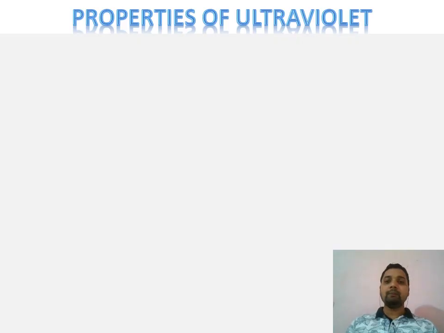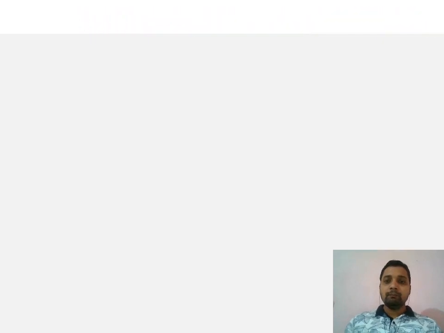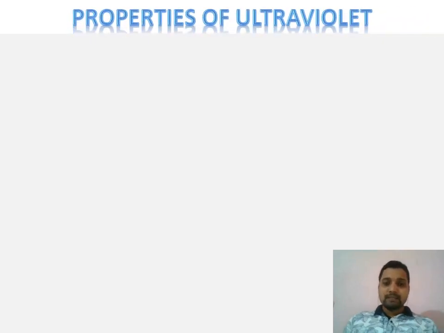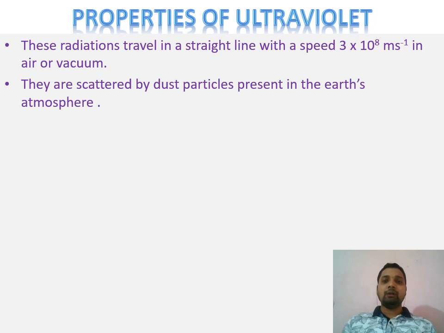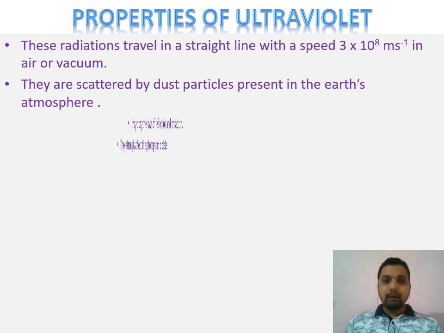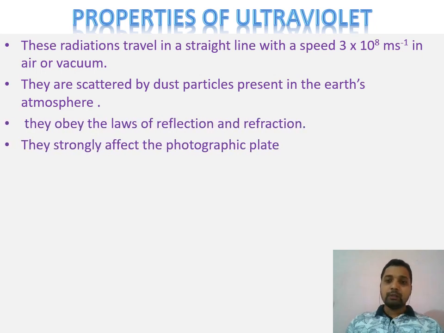Now we come to the properties of ultraviolet radiation. It behaves the same as an electromagnetic wave, because ultraviolet is also a type of electromagnetic wave. Ultraviolet radiation has a speed of 3 × 10^8 m/s in air and vacuum, but with a change in medium, the speed changes again. Ultraviolet radiation is scattered by the dust particles present in our Earth's atmosphere. Ultraviolet radiation follows both laws of reflection and refraction,